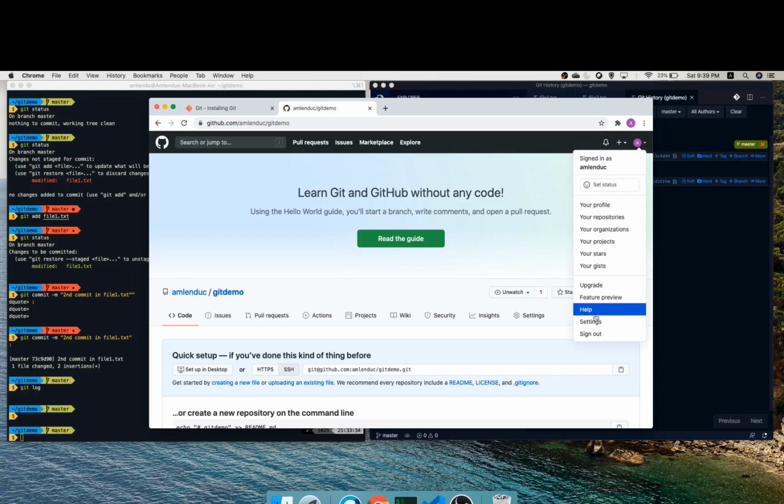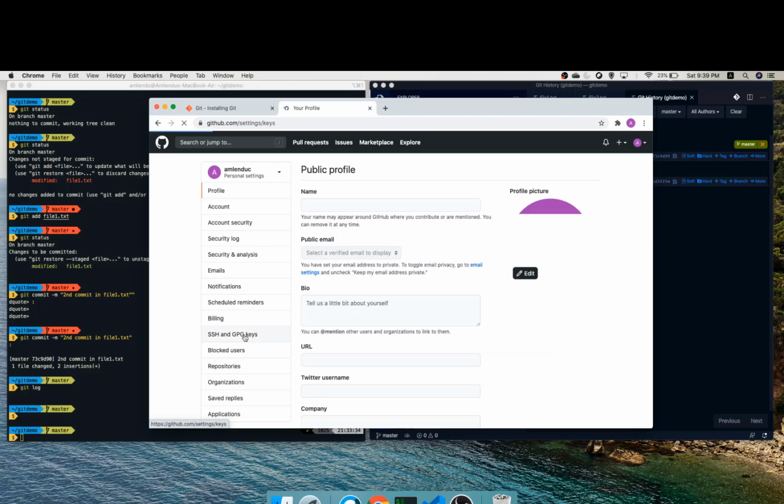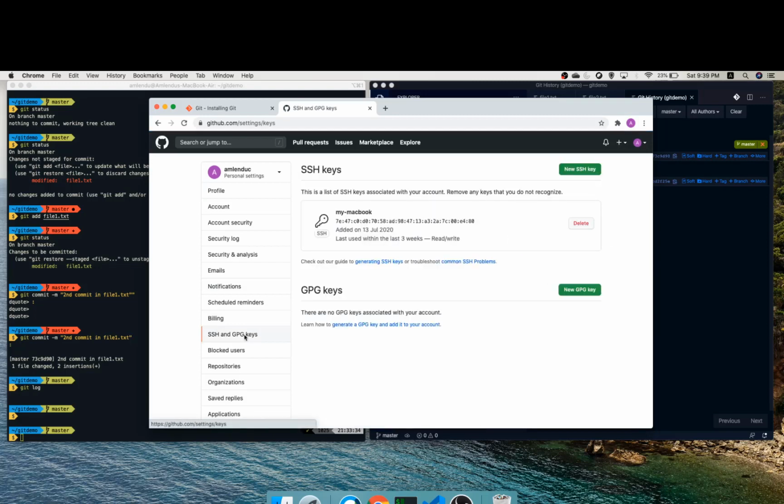So you go to your profile, go to your settings, and go to the tab named SSH key. As you can see, there is an SSH key configured here. My machine's public SSH key is already configured on GitHub. That's why I can connect to the GitHub repo.